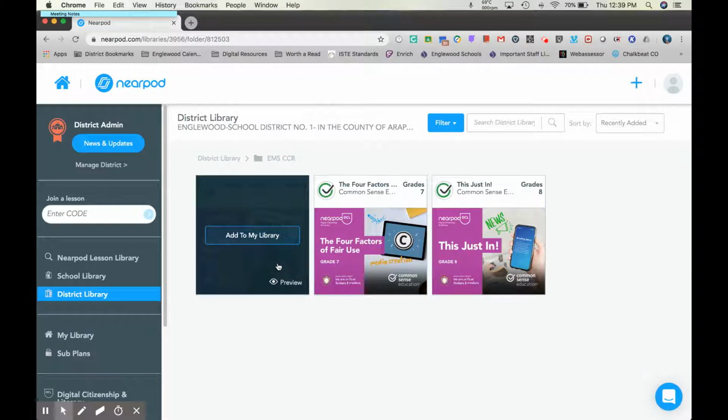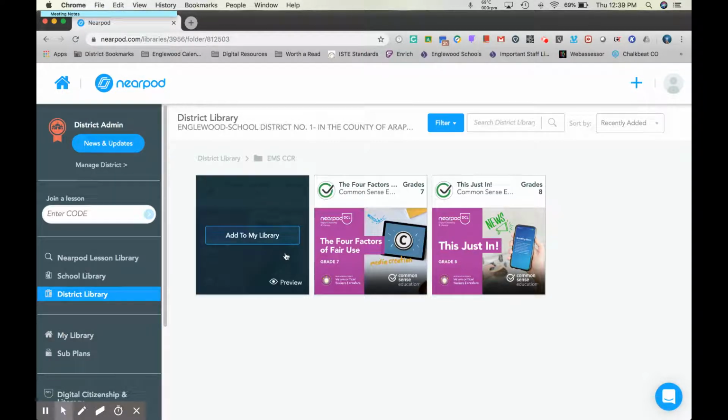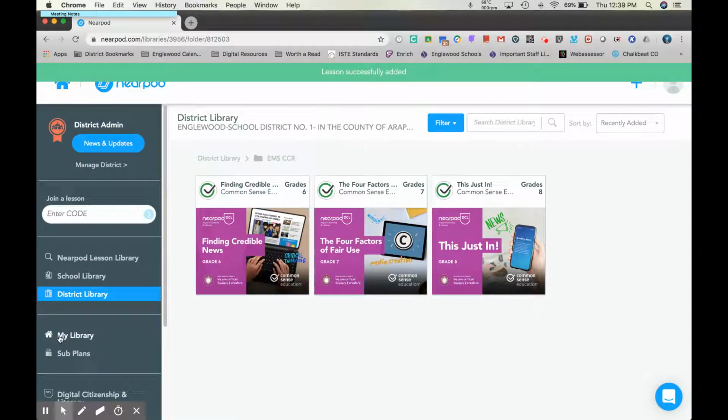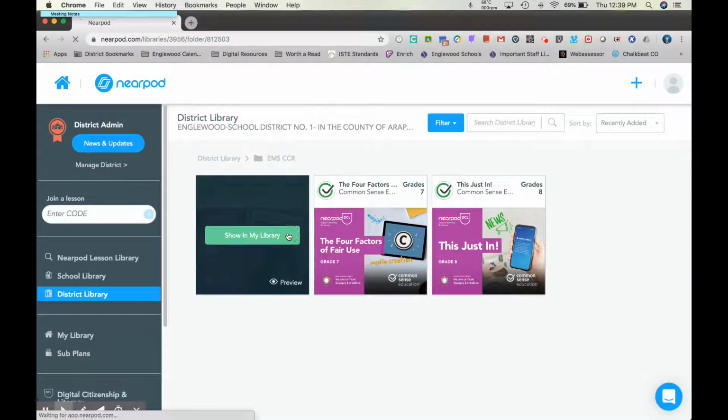If you were a middle school teacher, for example, and you were looking for these lessons, you may see this blue bar right here where it says add to my library. Once you click on that, it's going to take this lesson and add it to your library. Think about it like a traditional library, right? You go, you check something out, you bring it home, except this time you don't have to return anything. So I'm going to click that, and it's going to add it to my library, and now it's in there. Okay, now I want to go to this lesson. I'm going to click on show in my library,